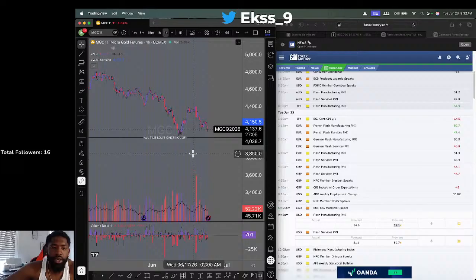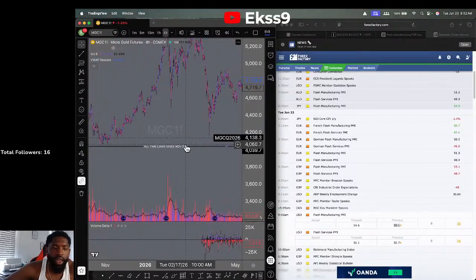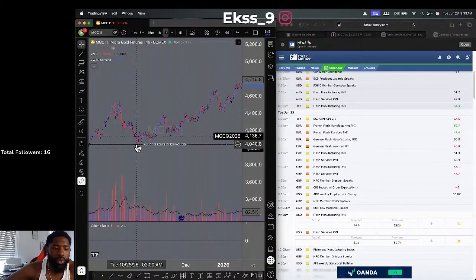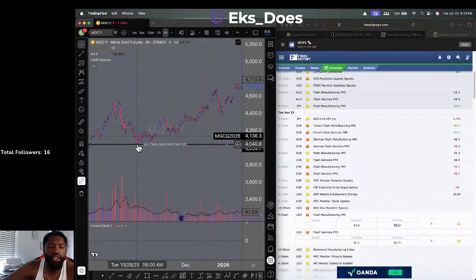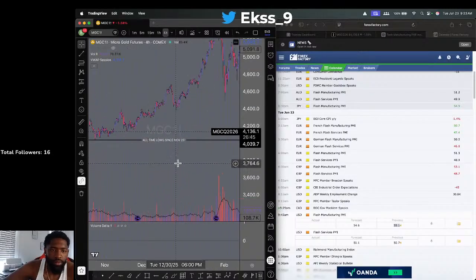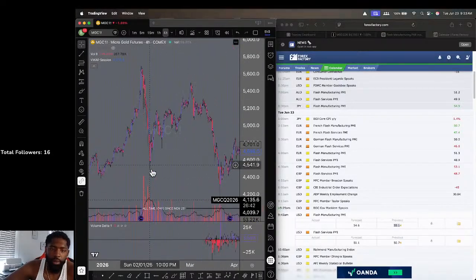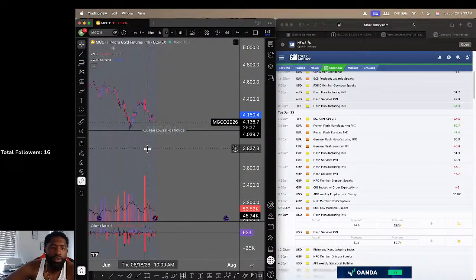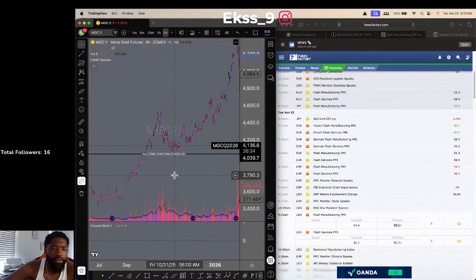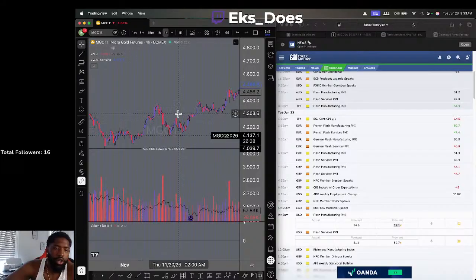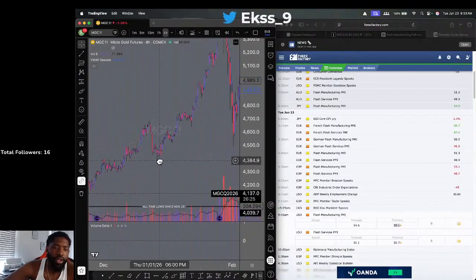So let me zoom out here. The last time we were at this low of a point, I went and I looked, and it says 10/28/2025. So that's around Halloween. So this was the last time the value of gold was this low. And we went all the way up, came all the way down, and now we're downtrending, right? And now we're back at the lows since November 2025. And actually, since then, we started going on an uptrend, right? We started seeing a lot of buying pressure,